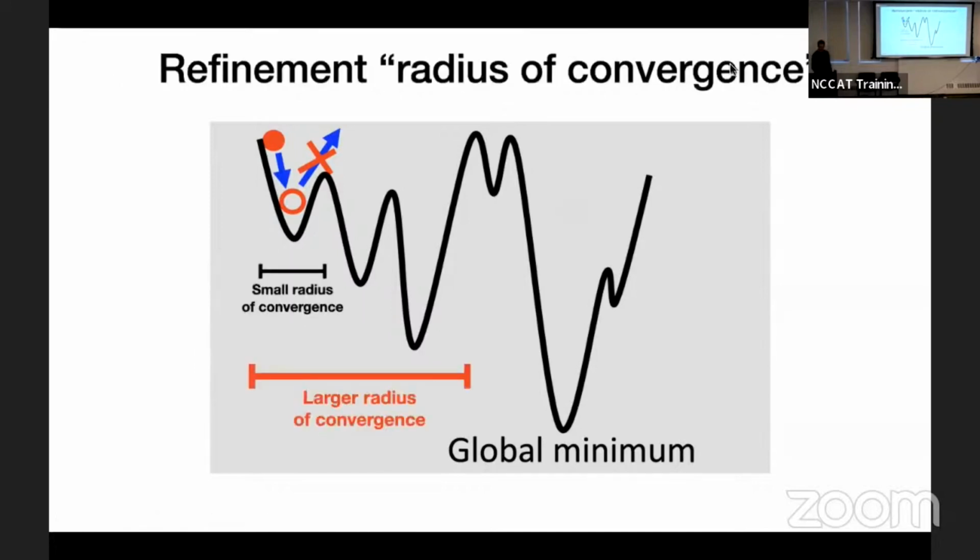Okay, and so what are those? Really the challenge, and the reason you want to use those others, is a problem called the radius of convergence. The idea is that depending upon the refinement protocol you use, and how much energy you put into the system to perturb things, refinement will be able to jump more and more of these peaks to ultimately get into the global minimum of the energy function, right? Whereas simple gradient descent will get you into the nearest local minimum, that alone won't be able to hop over this barrier into the next one, right? So we need these other